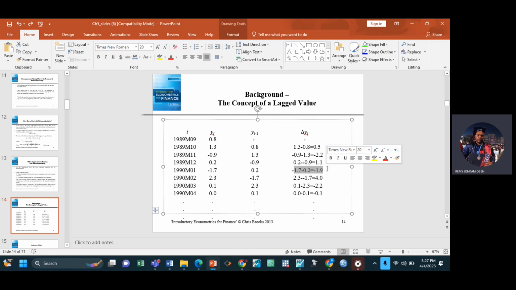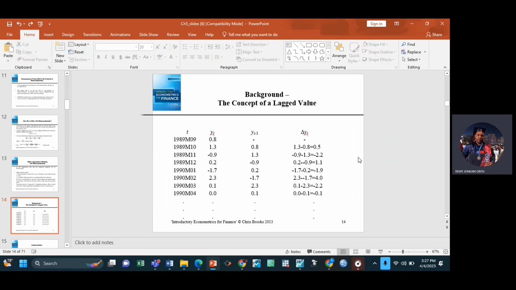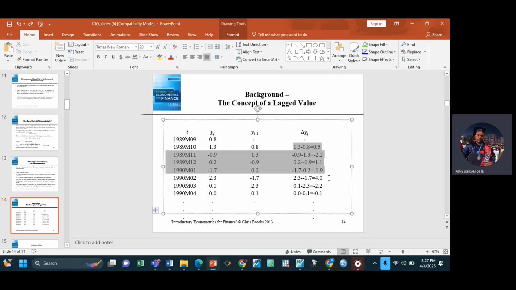It looks strange to you, but I can assure you it's very easy. When we start talking about a unit root test, you will understand the concept of first difference. So don't look at it as if it is difficult. By the way, you will not be expected to do these calculations manually if EViews is directly calculating it for you. But at least I'm trying to explain what's happening in there.